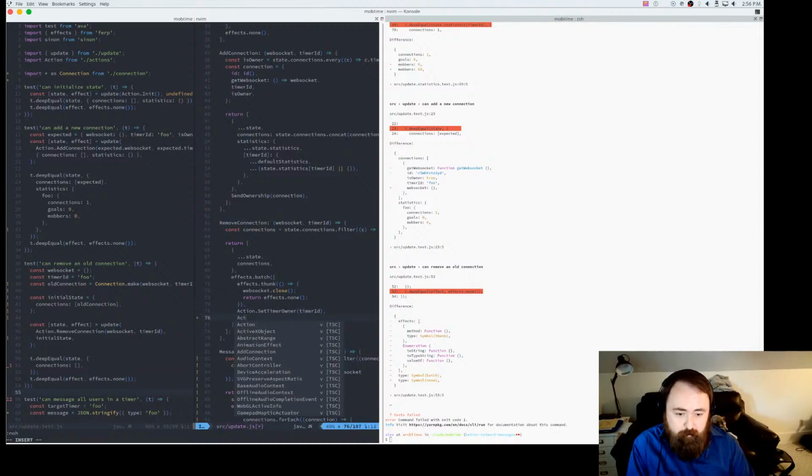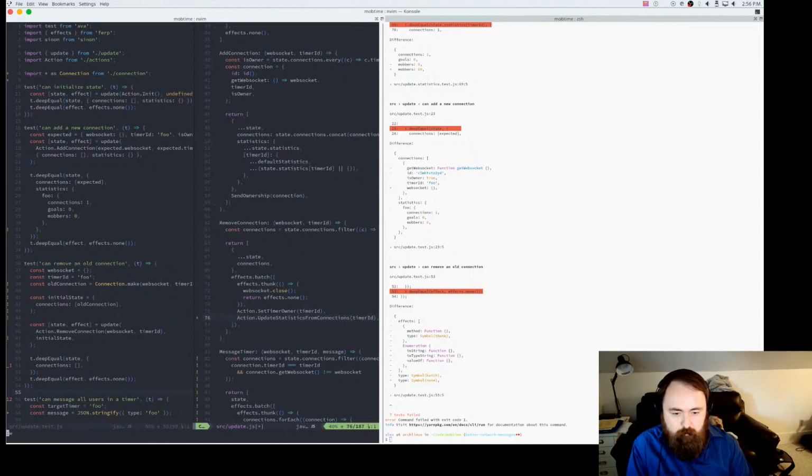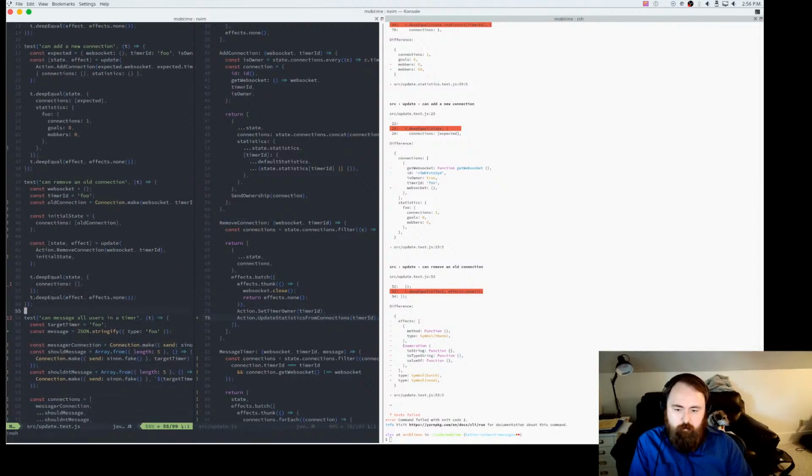And it should also do the old action.update statistics from connections, timer ID. Cool. So all those things seem like the right things to be doing. So when we remove a connection, we know that effect is not going to be this. Instead, it's going to be roughly the equivalent of effects.batch.